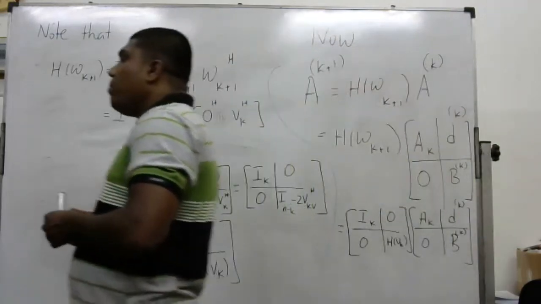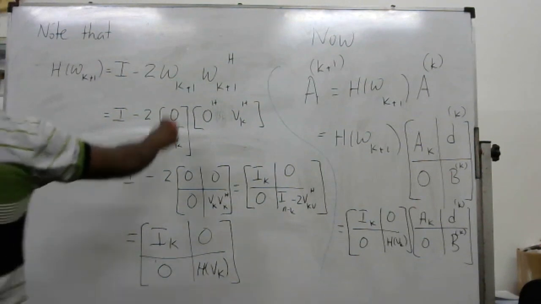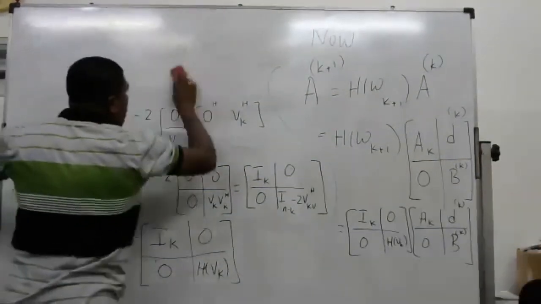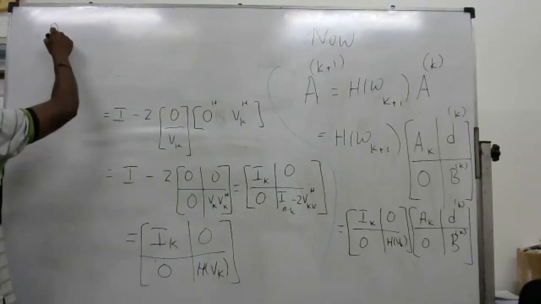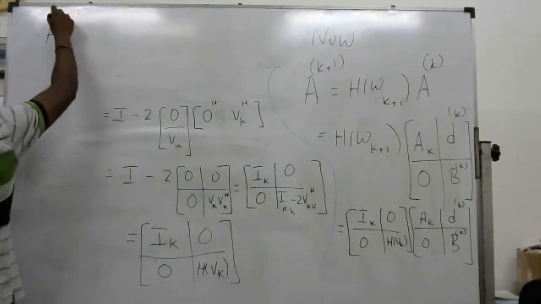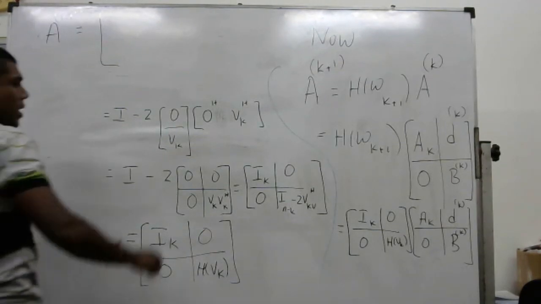Right, so because H omega k plus 1 can be written in a block like this, you multiply H omega k plus 1 with Ak as a block multiplication. So you multiply by blocks. And so when you multiply by blocks, you can easily see that your A k plus 1 is looking at this into this Ak,